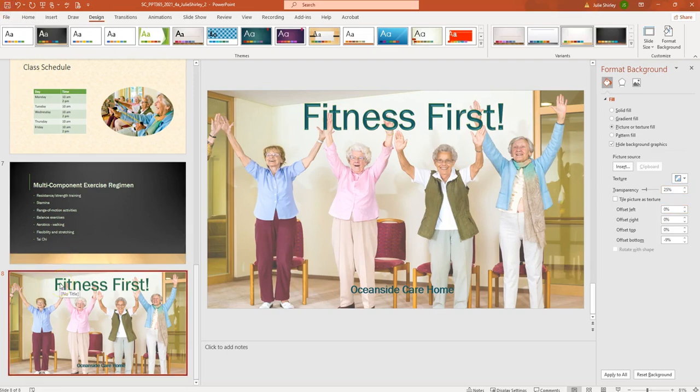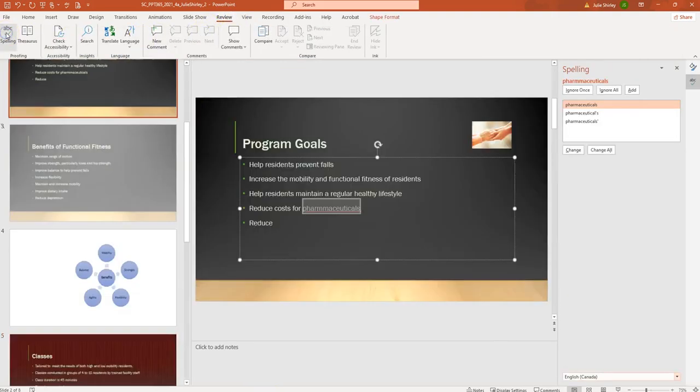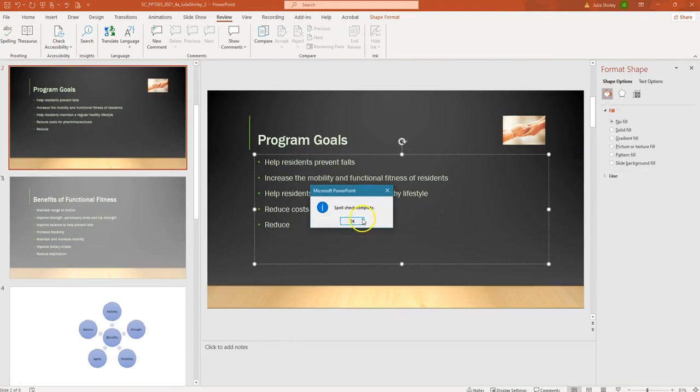And finally, project step number 13. We need to check the spelling of the presentation, and we will ignore all instances of a suggested spelling change to Sinjira. So we need to go under Review, ABC spelling with the check mark. So we are going to change pharmaceuticals, and then click OK. Hit save,